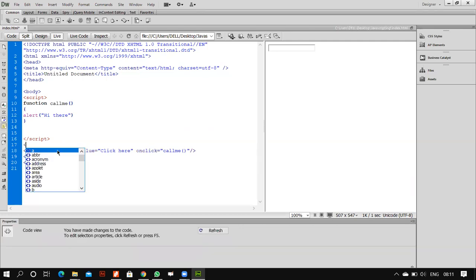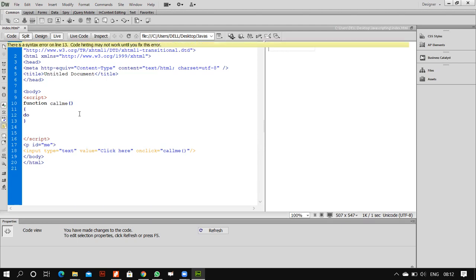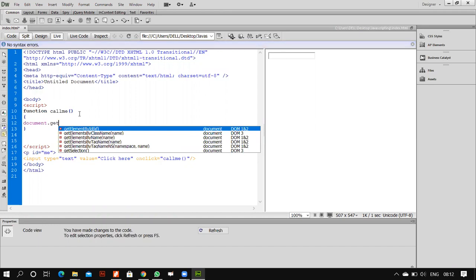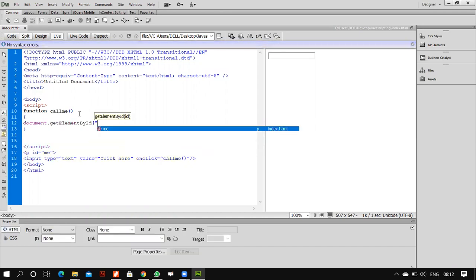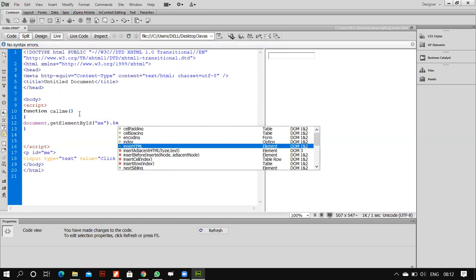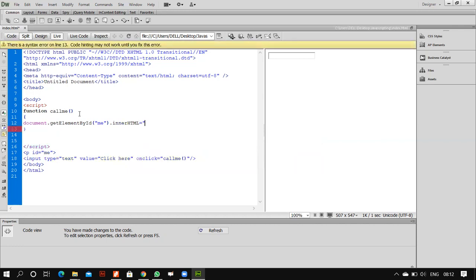मैं काम करता हूँ out of the script tag. इधर आके ना out of the script tag, मैं यहाँ डालता हूँ एक paragraph and I will name it as ID is equals to me. And what I'll do is I'll make a function over here. And this time what this function will do is, when I click on this function, it will go to the document, and see it's camel case, getElementById me dot innerHTML, and I'll write over here,